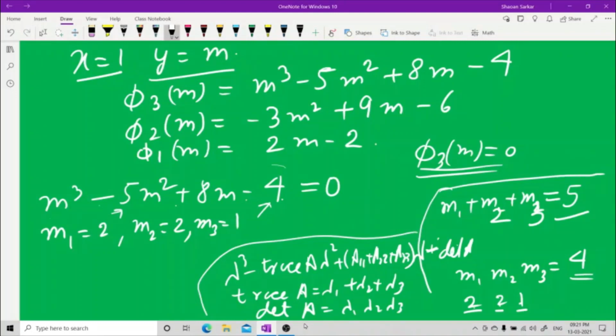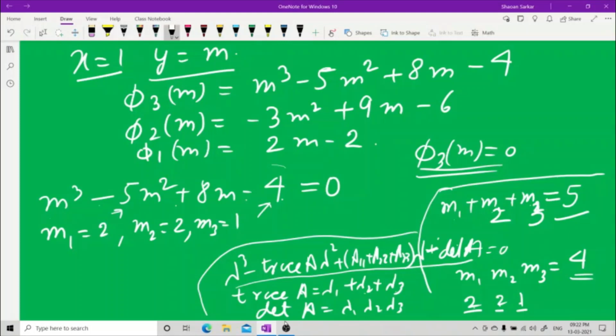समझते हैं इस बात को फिर से. In my video of eigenvalue, eigenvectors, I wrote this formula for you all. In that I told you the trace of A is lambda 1 plus lambda 2 plus lambda 3, and determinant of A is lambda 1 lambda 2 lambda 3. There I have told you how to find lambda 1, lambda 2 in shortcut manner. Here the equation looks like that, only instead of lambda, this is m. Here you write m1, m2, m3, sum of the roots.